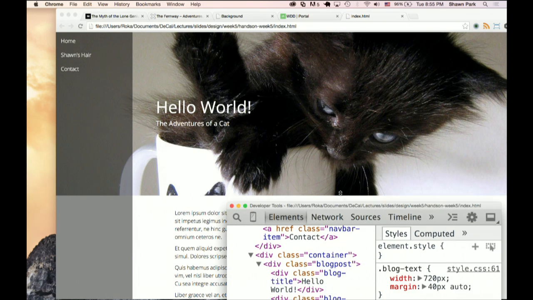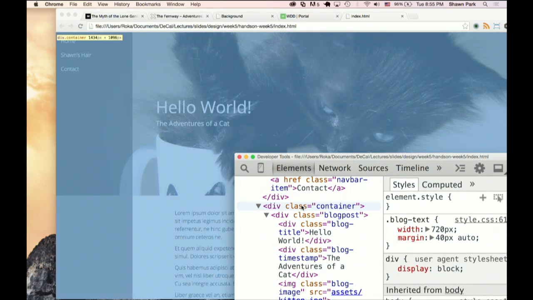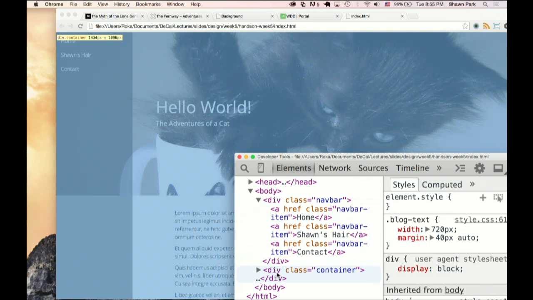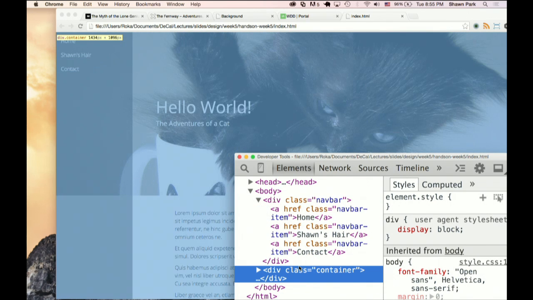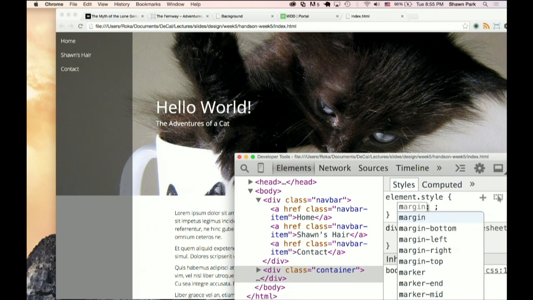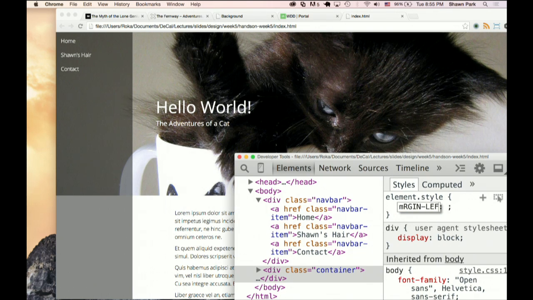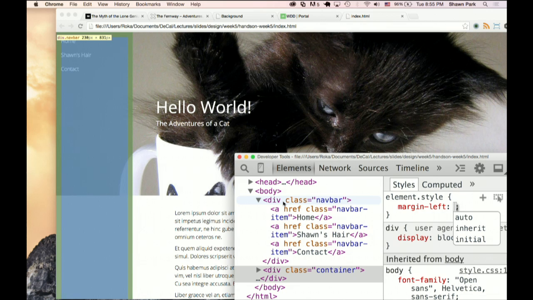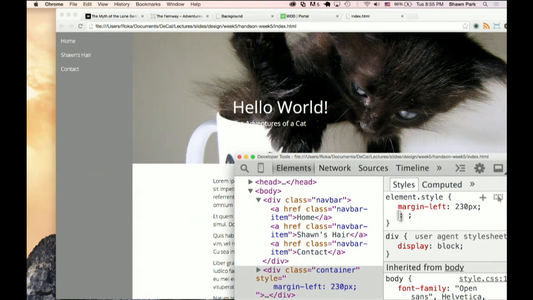Okay. Well, we know that we have everything in our page under a container, right? So everything's inside that container, and all we can do is just apply margin left of whatever the width of the sidebar is. We notice that the nav bar has a size of 230 pixels, if you look at the top left corner. So we just apply a margin left of 230 pixels, and we have our sidebar and page side by side.